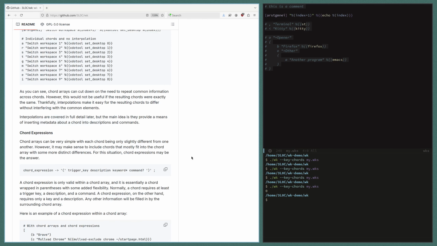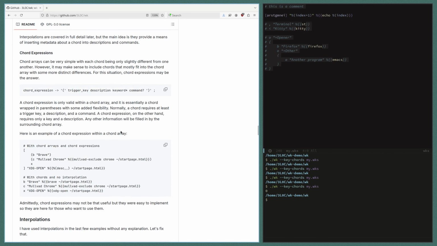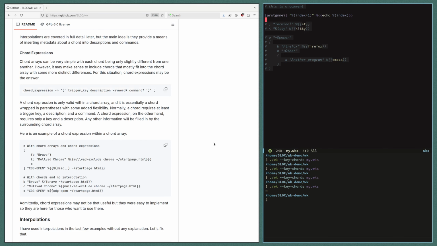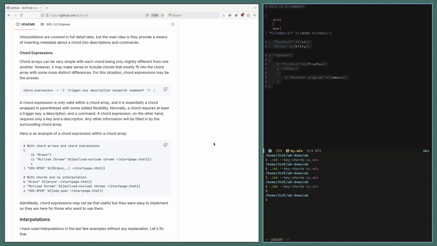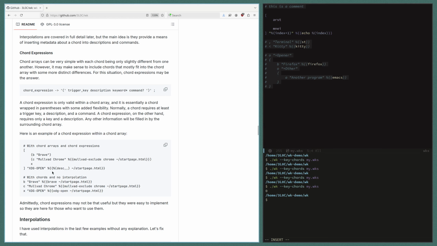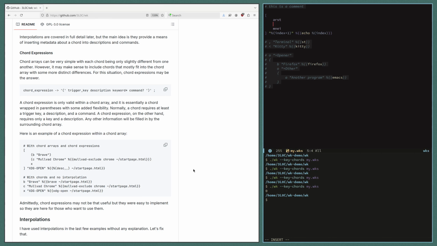What time are we at? 8 minutes. I won't make a separate video. I'll just go into chord expressions here. So I've only given trigger keys, but you can actually do chord expressions, which are a way to give, say, one trigger key that's mostly like the rest, but a little bit unique. The example I give has more to do with opening programs and stuff in the documentation, but let's just say